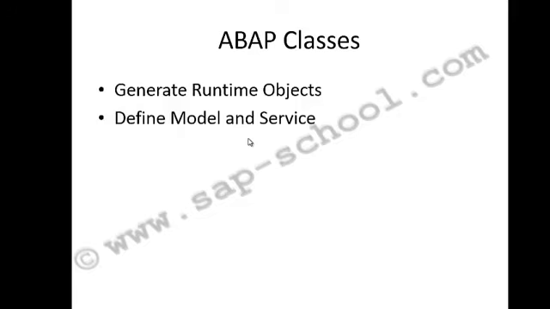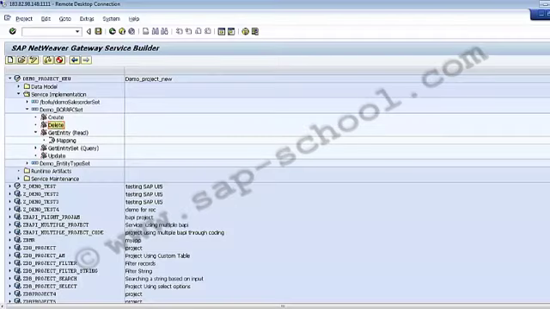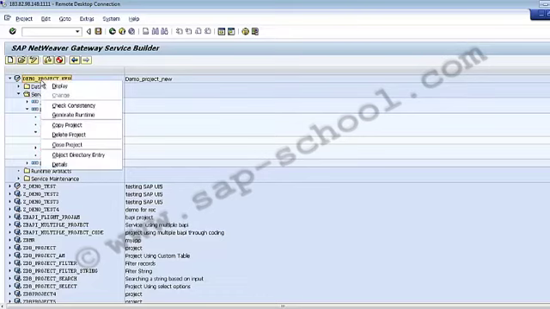To create the runtime classes and register the service, we have to go to the service builder. So let's go back to our system. We can select the project, and after that we can click on generate runtime.